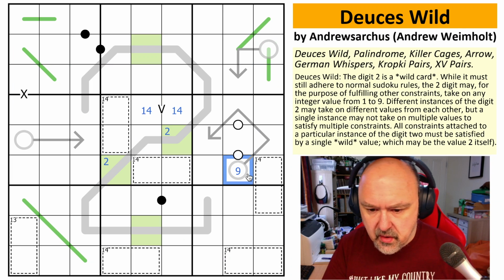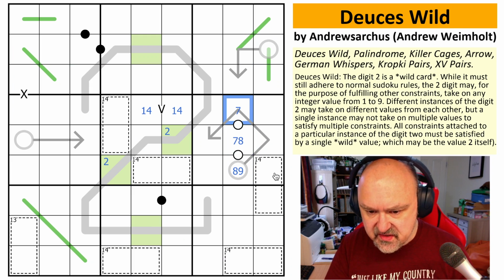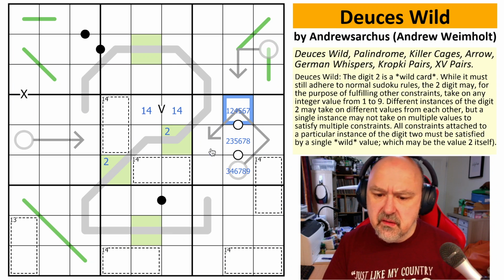So if we go 9, 8, 7, this is just an example for now, then these would have to sum to 2. But the minimum they could be is 1 and 2, which sums to 3. If this is 8, 7, 6, same. If this is 7, 6, 5, the same. 6, 5, 4, the same. 4, 3, 2, the same. 3, 2, 1. Hang on, but I need...